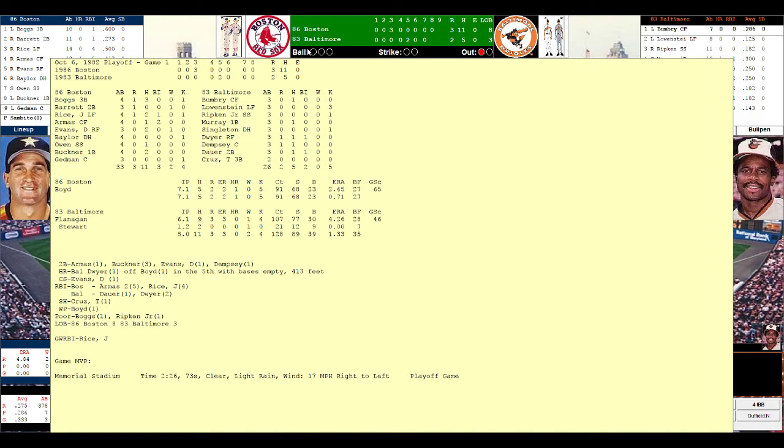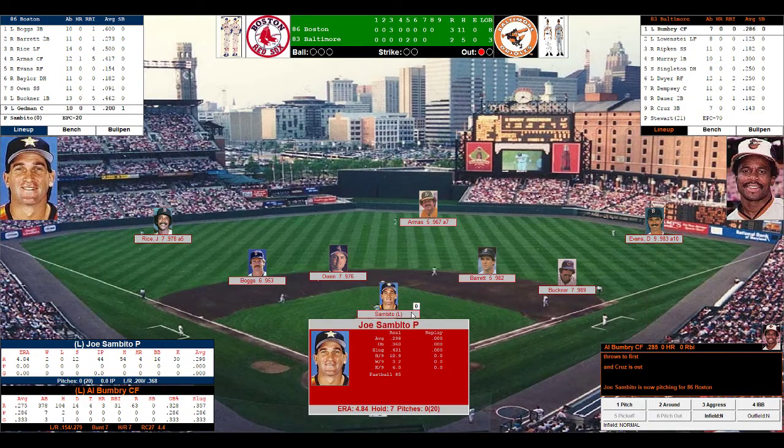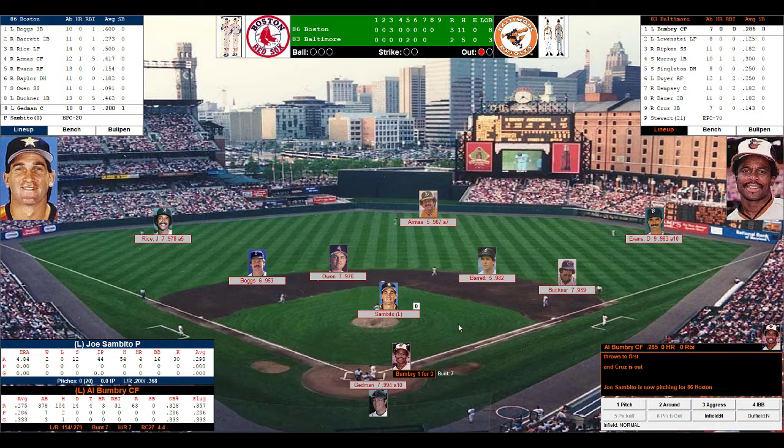The ball game right now is in the hands of Joe Ciambito. In 1986 for the Red Sox, 2 wins, no losses, 12 saves. Struck out 30, walked 16. Batting average against .298. Right-handers killed him, but lefties only batted .200. Calvin Schiraldi's also up in the bullpen. His earned run average, Ciambito, was 4.84. Looks like Bunbury only batted .154 off left-handed pitching.